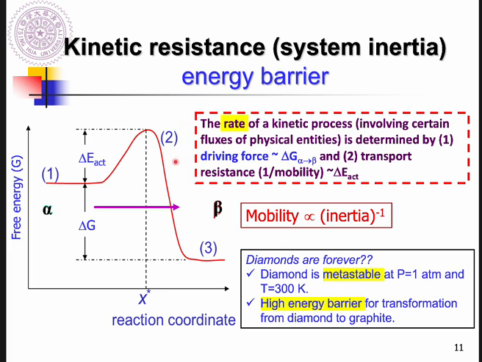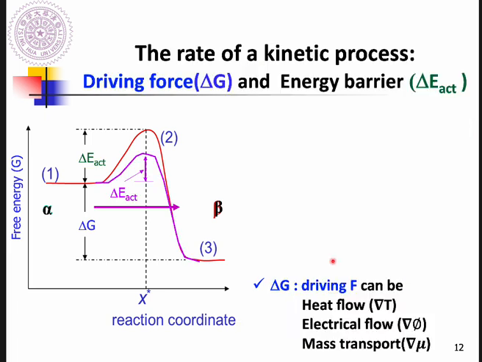This also points out that the energy barrier is the key factor determining how fast or how slow this kinetics process is. Based on this idea, lots of scientists want to speed up their experiments